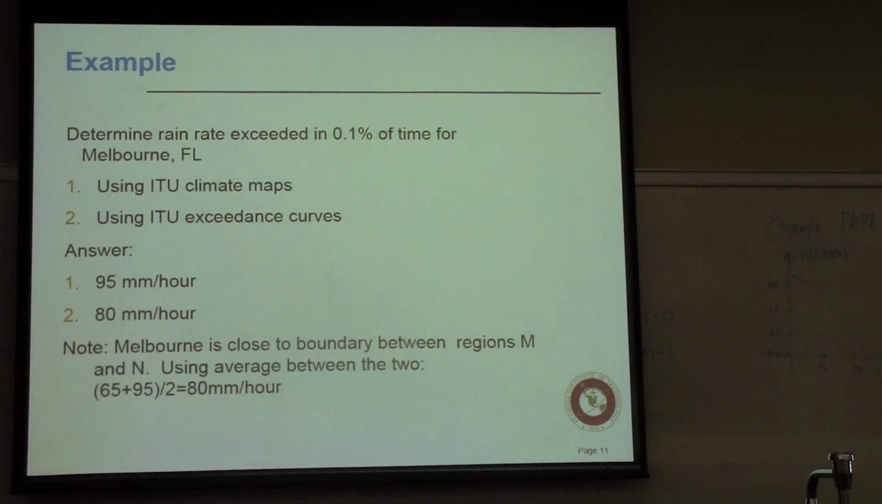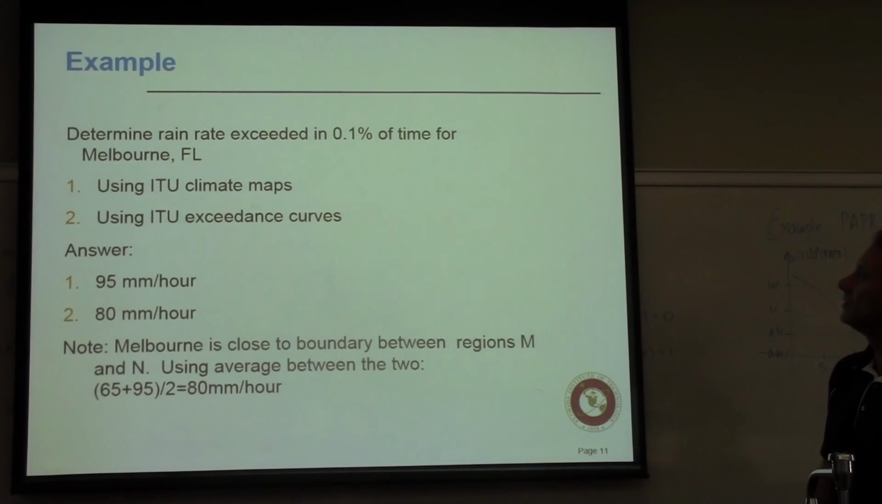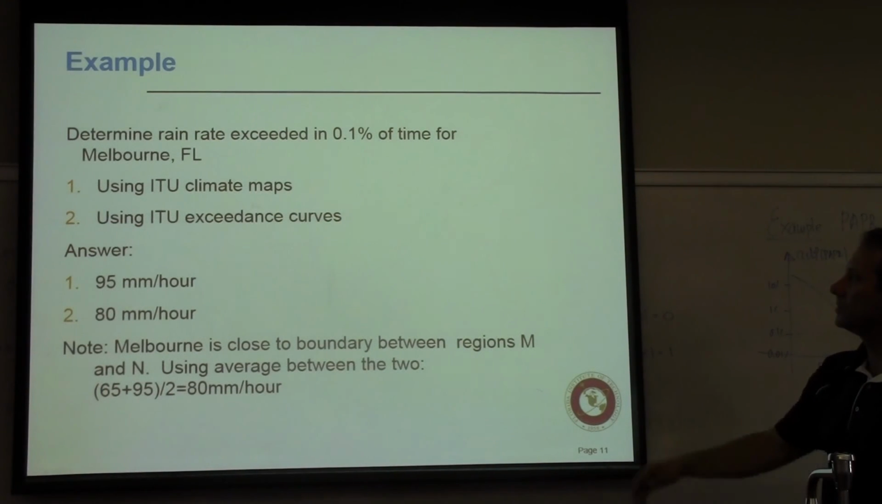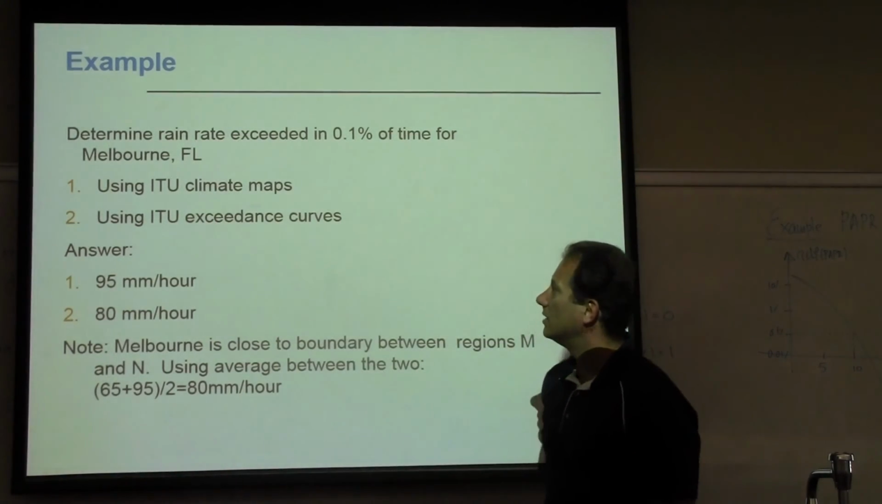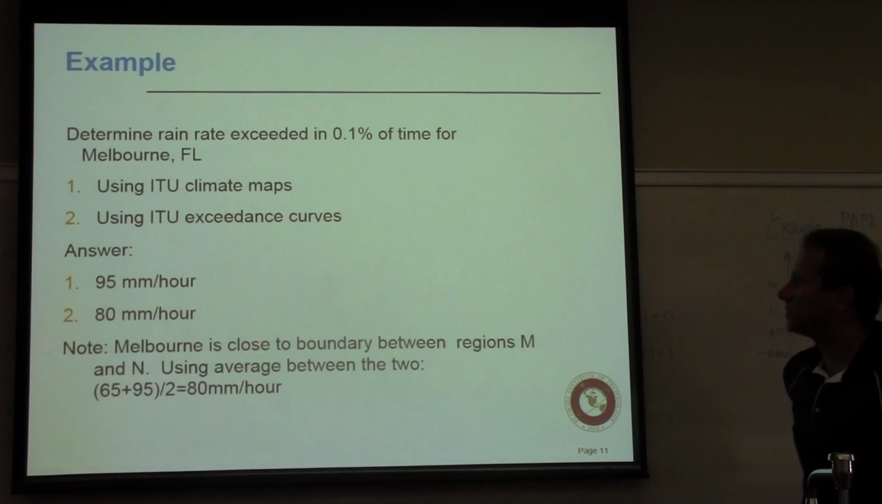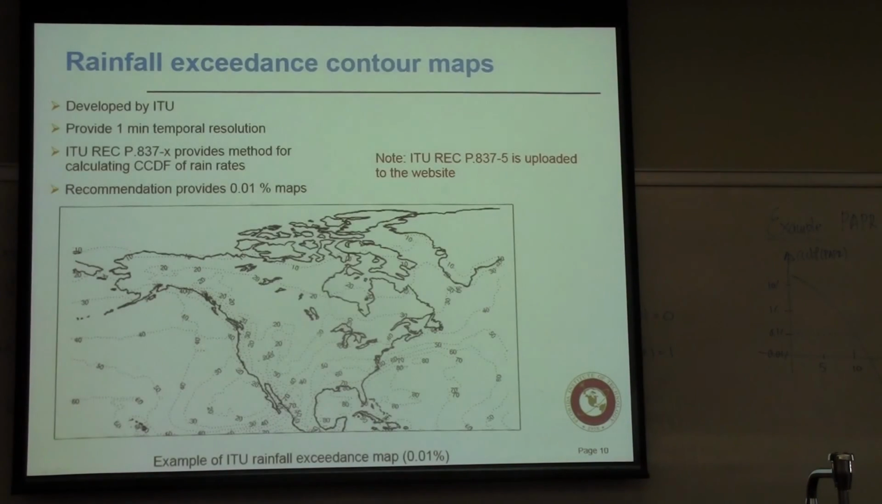All right, so a couple of examples here. We're in Melbourne, Florida. It says, determine the rain rate exceeded in 0.1% of the time for Melbourne, Florida, using these two maps. Two approaches: one is the ITU climate map, and the other one is ITU exceedance curves. And how do we get to these answers? If you look at 0.1% of the time,